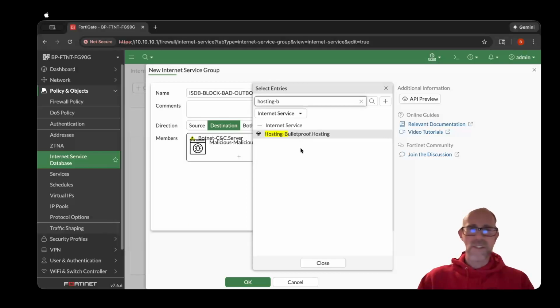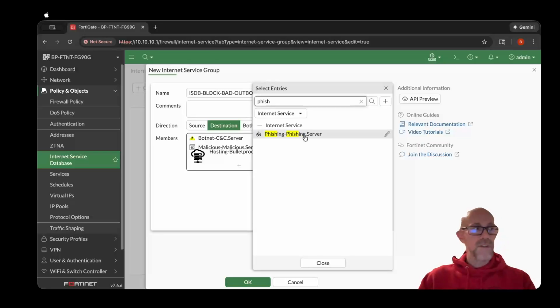And this is just known hosts where it's kind of the Wild West, right? Known hosting services out there where folks could host malware or something malicious, right? So we definitely want to have that in our list. So hosting, or bulletproof hosting,